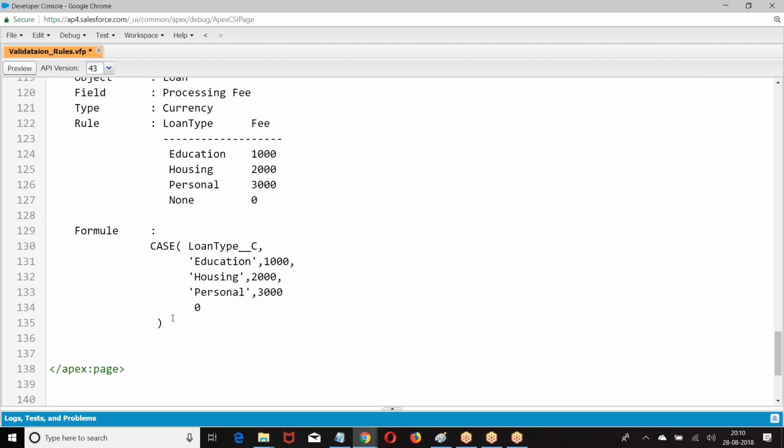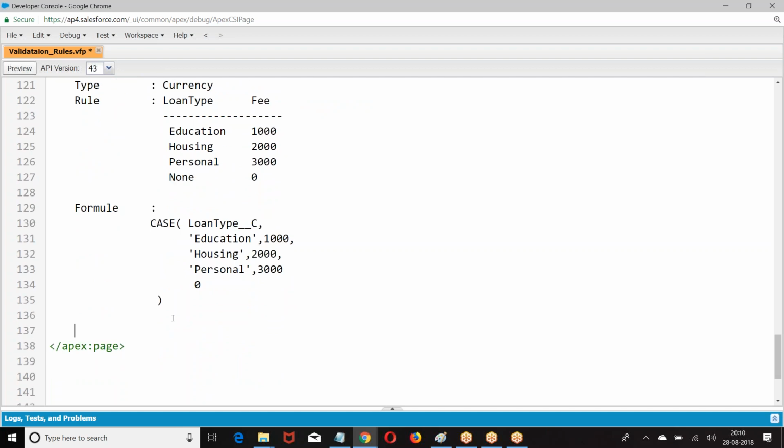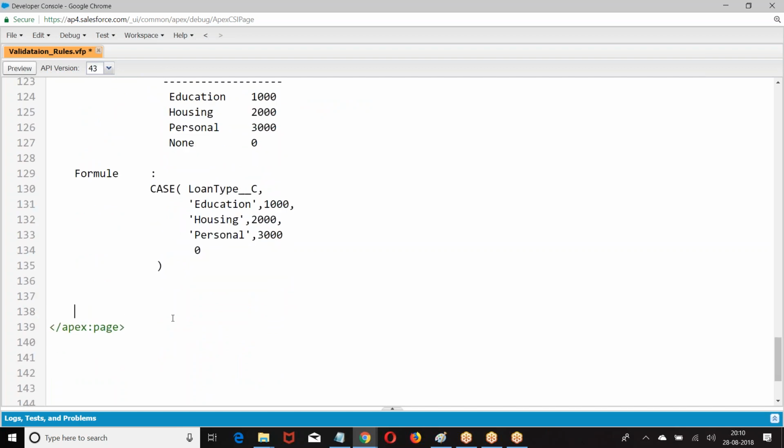The next one. I'm not asking you to create this by copying it. I'm asking you to write it. Okay. So use case 2. On which object are you creating the use case? What is the field you want to create? Interest rate. I want you to create a field called interest rate.